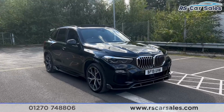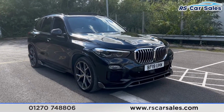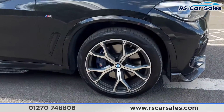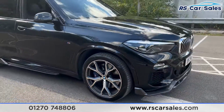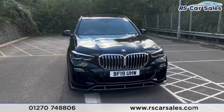Here we have a 2019 BMW X5 xDrive30d M Sport. Now this vehicle comes with 21-inch alloy wheels, all in excellent condition. We also have the blue M Sport brake calipers just behind. We have the black sapphire metallic paintwork, the LED headlights, we have the two big kidney grills at the front,